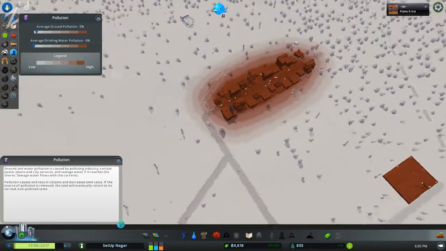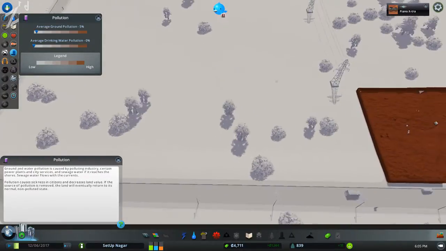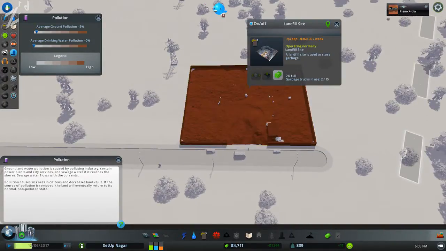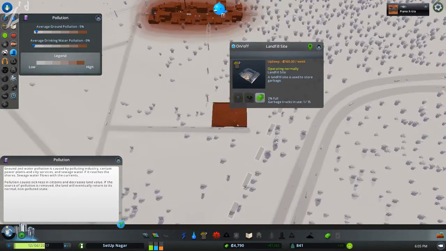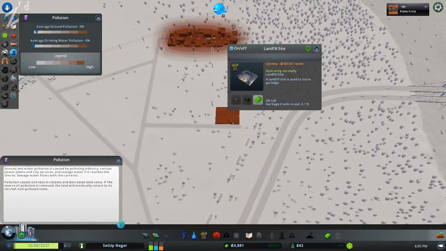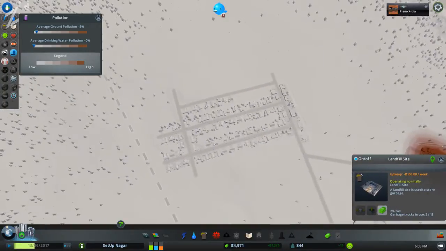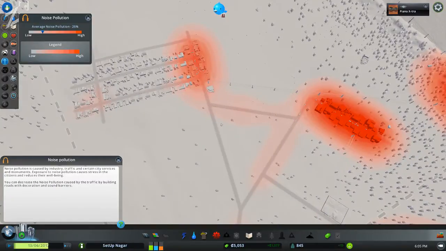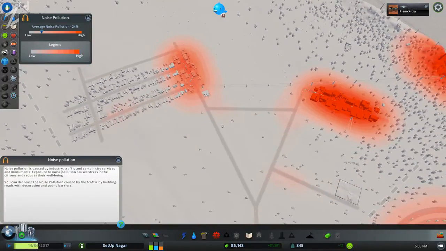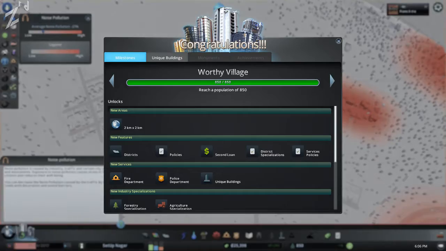Oh man, this DJ is one of my favorite people right now. But yeah, so the landfill also produces pollution, and it will spread also, but I think it hasn't yet because we placed it rather recently. Then noise pollution. Our roads definitely create a lot of noise. Our school produces some level of pollution also, as anyone who's ever lived next to a school knows. And this is a commercial area, therefore,